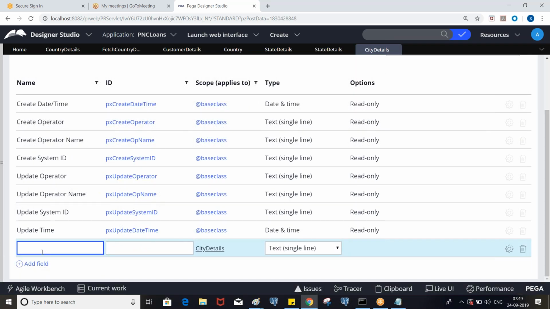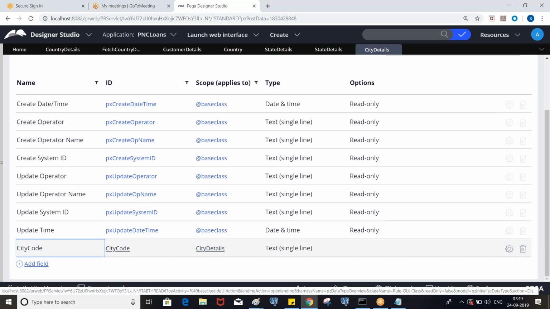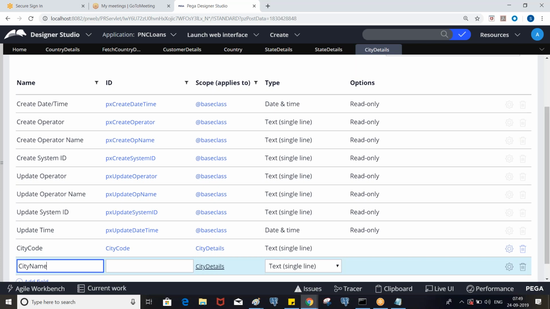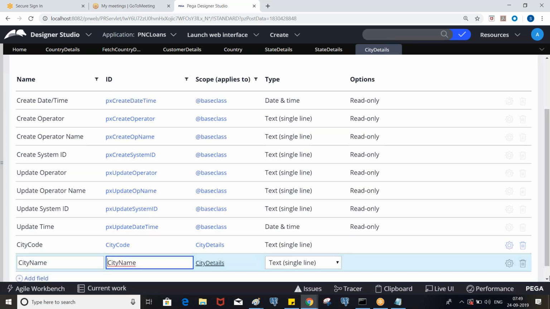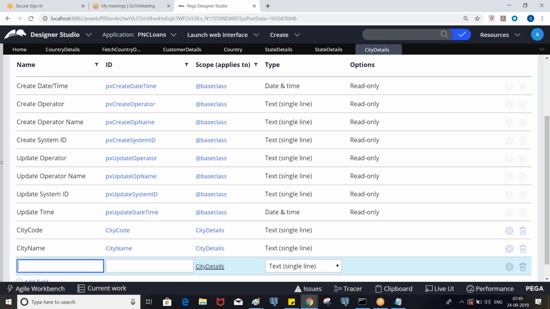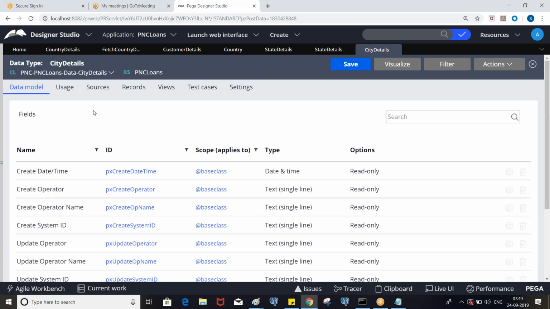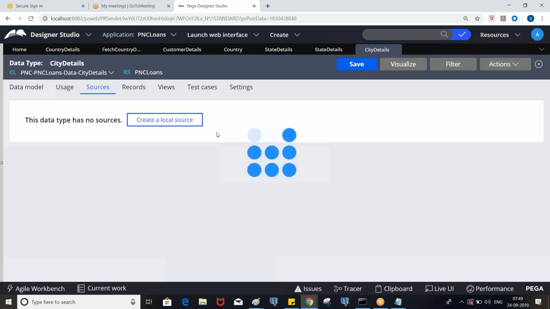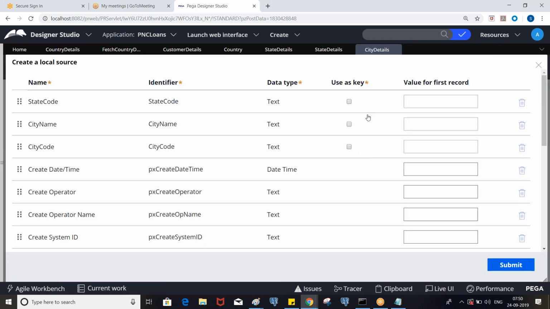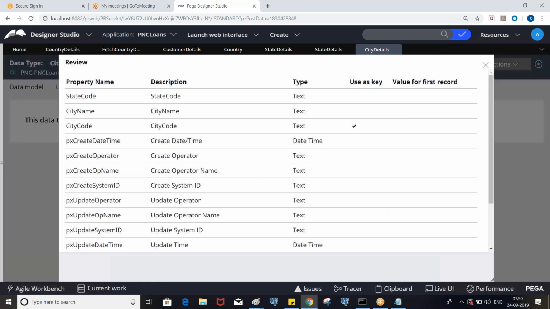So city code, city name, and here we need a state code. And select the key as city code. Very good. And enter the data.